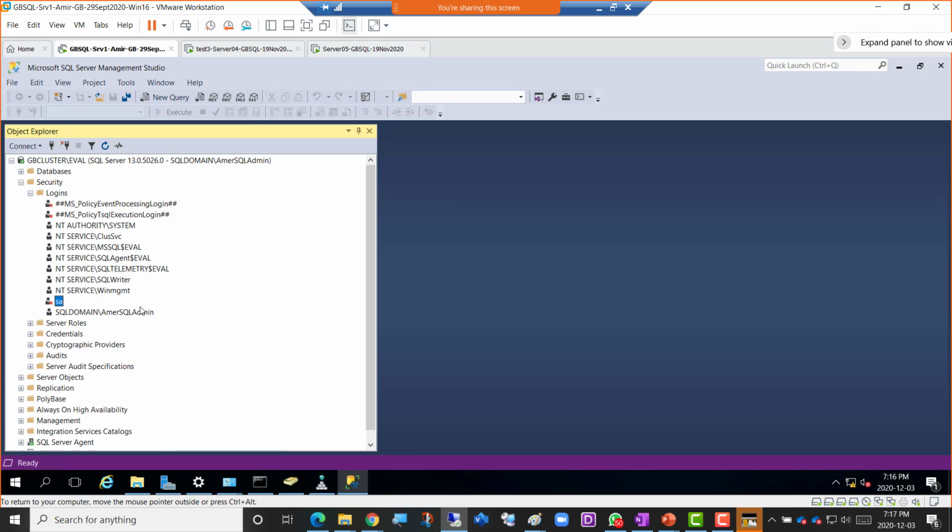And we understand that this is a Windows user that is already added here. How about if I want to add another user here? And first of all, for the user that is already added, what are the permissions it has? If I right click on this user and go to the properties of this user, under the logins, under the security here,